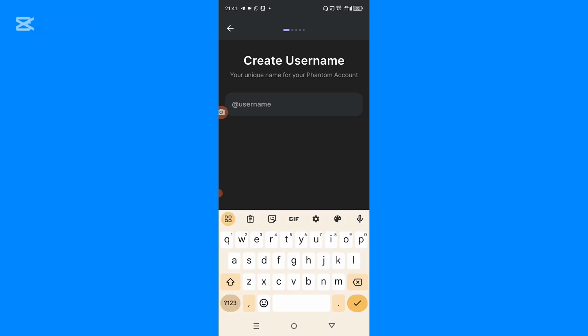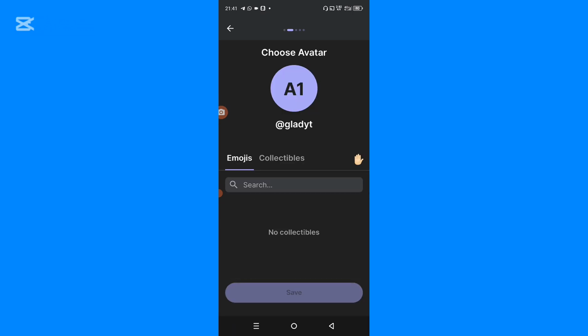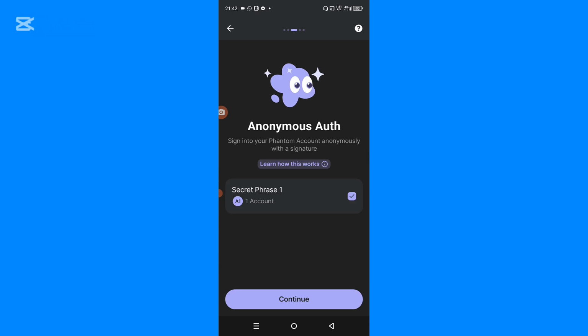and enter the username of your choice. Okay, let me say this is the username I'm going to be making use of. So the next thing I have to do is to tap on continue. So now I can just choose any of the emoji of my choice if I want to, or choose collectible. So after saving it, the next thing I have to do is to tap on continue and